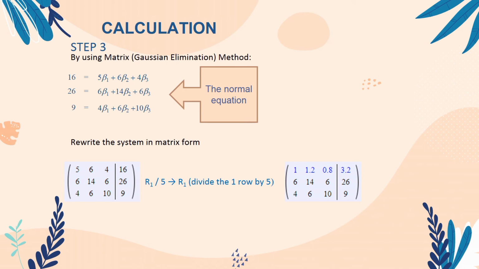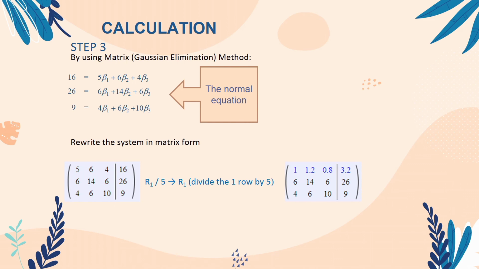Before that, we need to know the normal equation is 5 beta 1 plus 6 beta 2 plus 4 beta 3 is equal to 16. Next, 6 beta 1 plus 14 beta 2 plus 6 beta 3 is equal to 26. And 4 beta 1 plus 6 beta 2 plus 10 beta 3 is equal to 9. Firstly, we have to rewrite the system in matrix form. Then we proceed by using the elementary row operation, which for the first